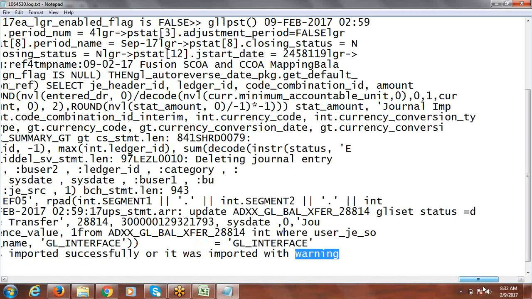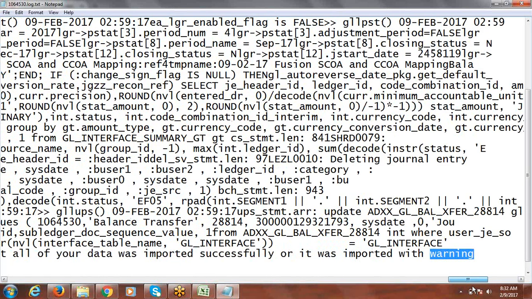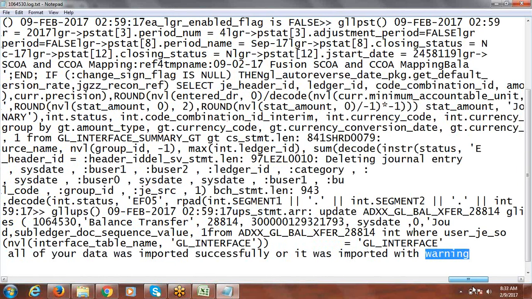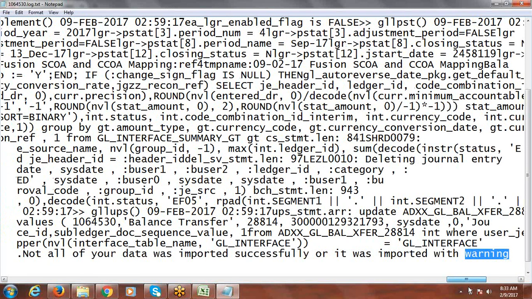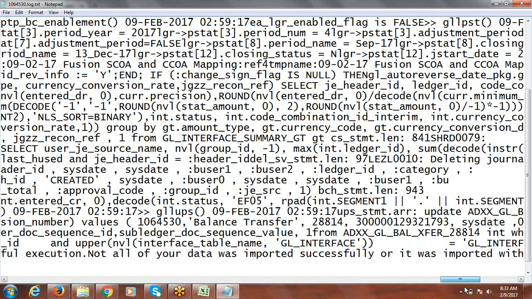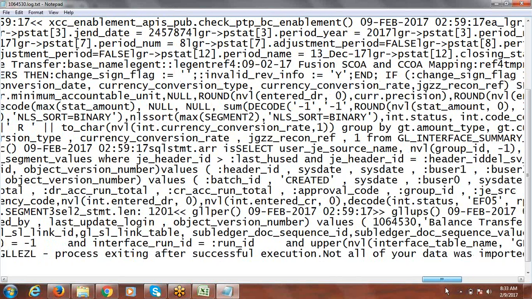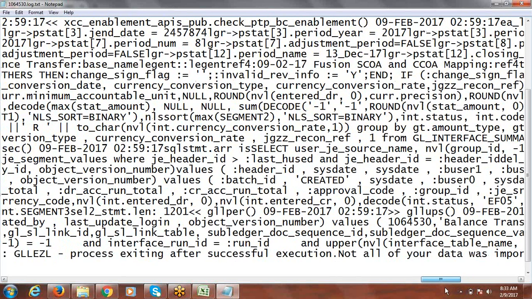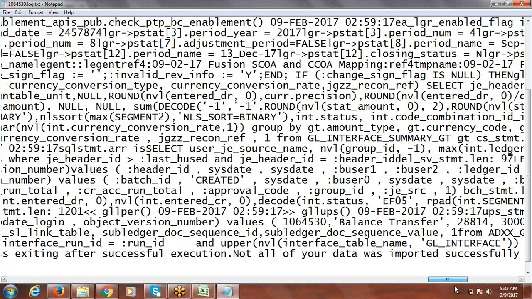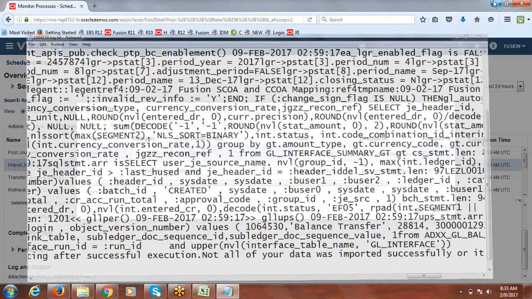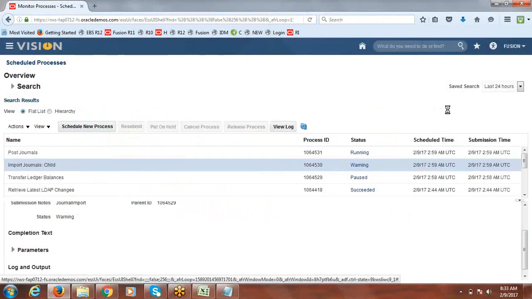It was imported with warning. Not all of your data was imported successfully. Process exits after successful execution. Okay, let's see that. Once we're done with that, we'll come back to this if required.